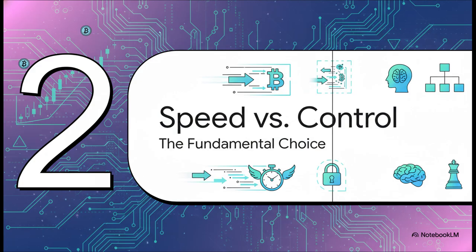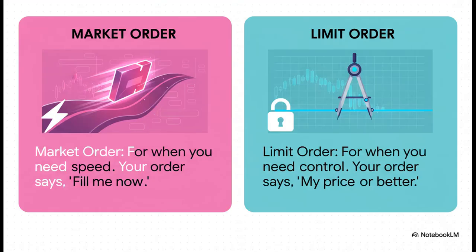And this right here brings us to the absolute heart of what we're talking about today. Every single time you go to place a trade, you are making a fundamental choice, whether you realize it or not. And that choice is between two things. On one side, you've got the market order. This is basically you screaming at the market, get me in this trade right now. You're paying for speed. The trade-off: you get whatever the market's price is at that exact moment. On the other side, you've got the limit order. This is you saying, look, I'm only interested at this price or better. Here, you're paying for control. Now, neither one is good or bad. They're just different tools for completely different situations.